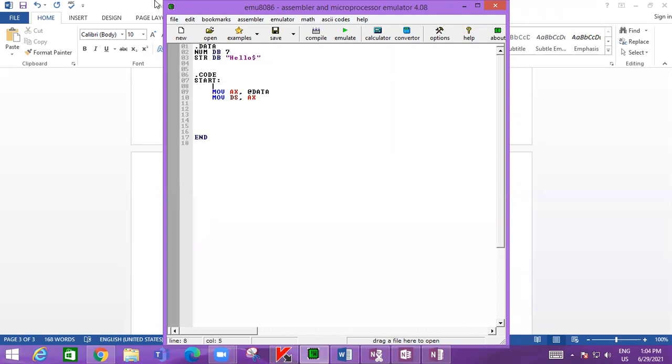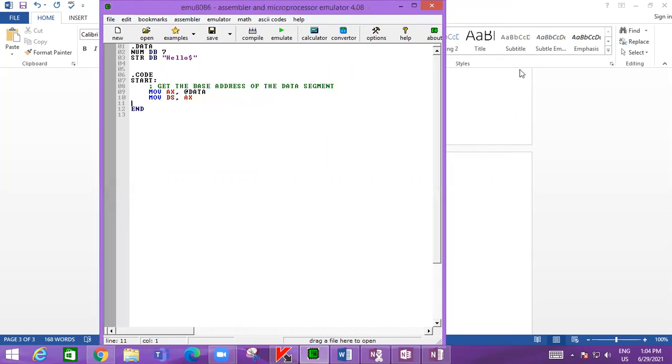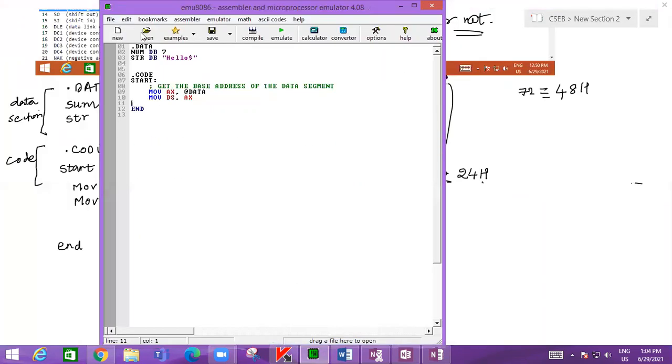So this is mainly for getting the base address of the data segment. We'll not do anything, we'll just see what is there in the memory. So we'll keep this along with our code here.